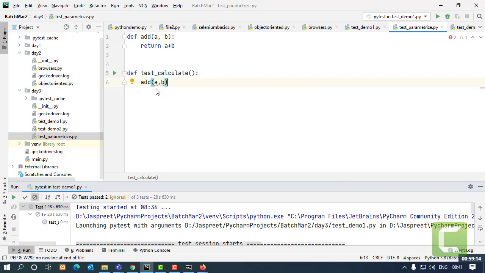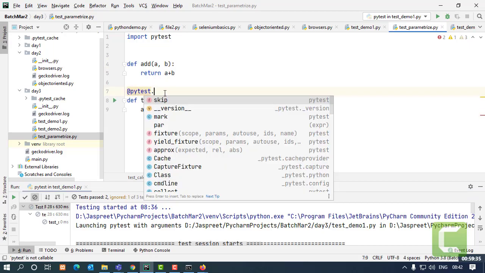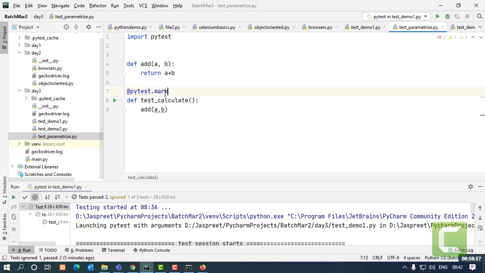So now from where am I going to get these? I'm going to have the parameters in the form of a list, which is going to be implemented over here. So I'll use the PyTest marker, pytest.mark.parametrize.